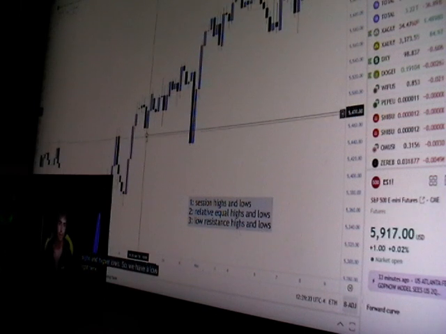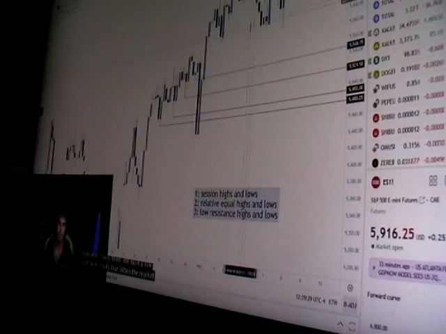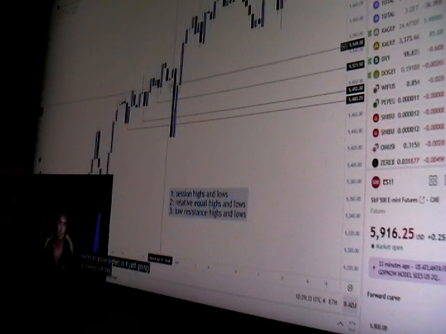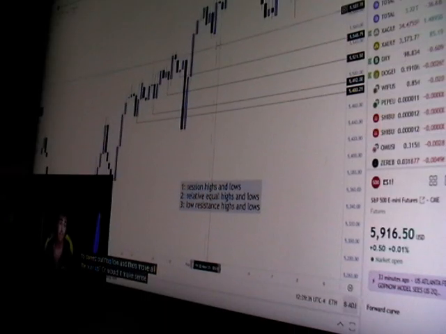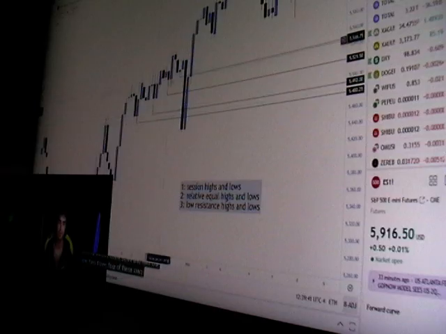So we have a low right here. That's 1. We have a low right here. That's 2. We have a low right here. That's 3. We have a low right here. That's 4. When the market wants to move higher, is it just going to sweep out this low and then move all the way up? Or would it make sense for price to want to come down and take out 1, 2, 3, 4 of these lows because they're all stacked up,